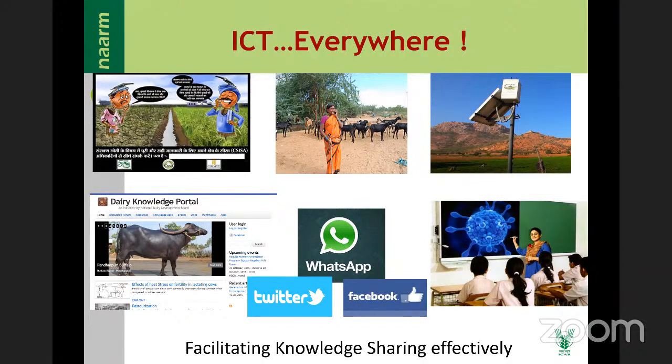It was initiated and funded by the Ministry of Agriculture, Government of India, and ICAR, to serve farming communities by disseminating information and providing services through information and communication technology, ICT.